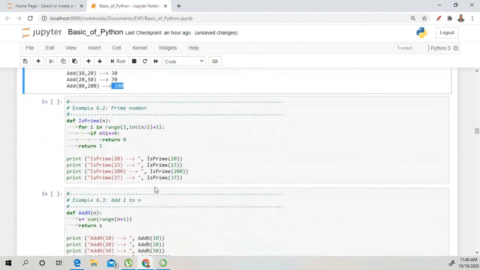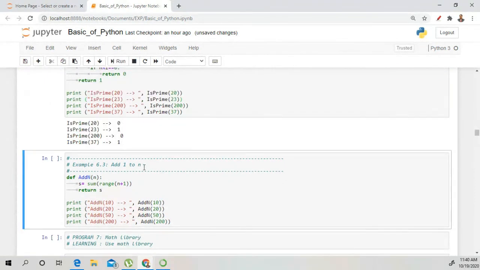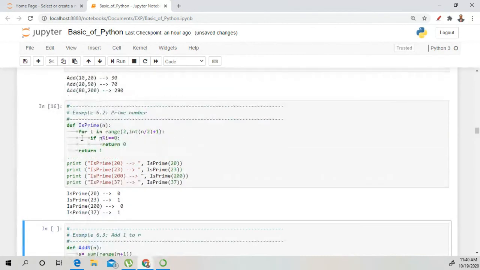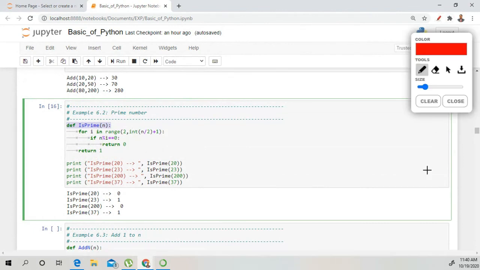Okay, no problem. So next is prime number calculation, and I have explained the basic concept of how to calculate a prime number. Initially we have defined a function. def is the syntax for creating any function.